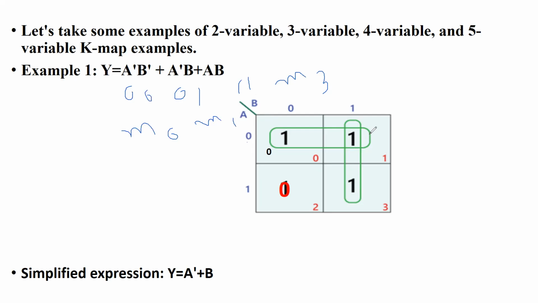Now once I do this, I have to make groupings of 1. Let me see, is a grouping of 4 possible? No. There is a 0. So I can group like this, a group of 2, and then I can make a horizontal group like this. As I said, the second group members can be present in the first group, but I have to make the maximum size. So I will not leave this 1 alone, even though it has already gone with the other group. I will make the second group like this.